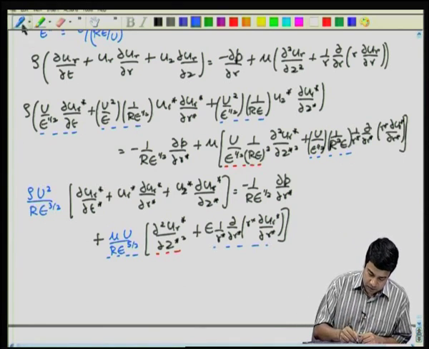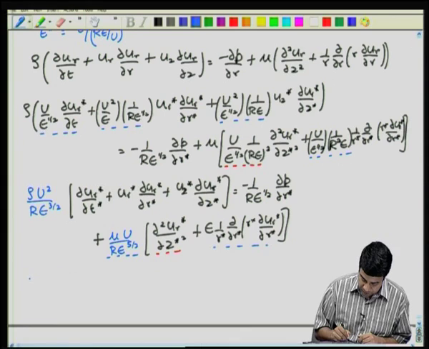Once you do that, you are going to get on the left hand side rho u r epsilon by mu